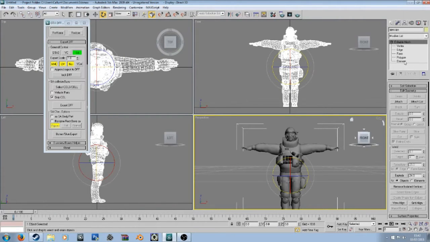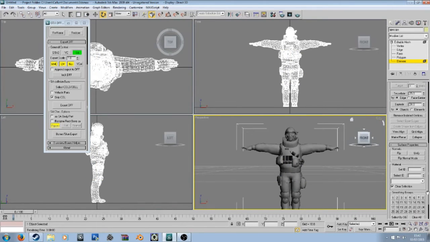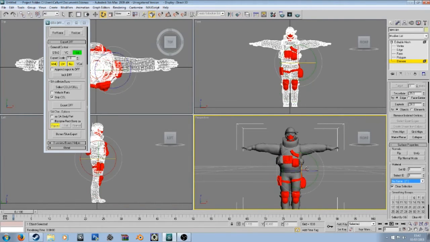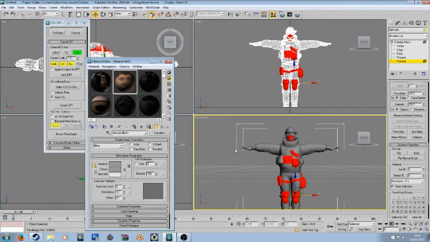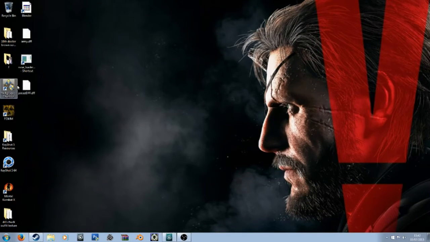go to Editable Mesh, Element, then you select that, and it'll highlight the bits of the model in red. So press M and you'll open up the materials menu. Now, if you've got a model, which I probably haven't somewhere, I don't even know where